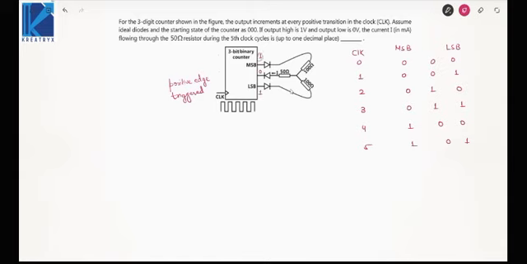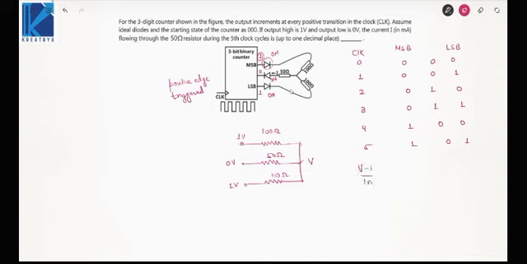Now, if anode of a diode is high, it is on. If cathode is low, it is on. If anode is high, it is on. So all three diodes are on. So we have a 1 volt source, then a 100 ohm resistor. Here we have 0 volt, 50 ohm resistor, 1 volt, again 100 ohm resistor. Let me apply nodal at this point.